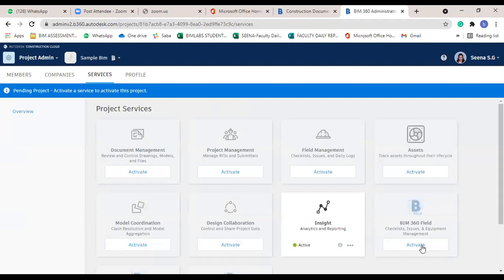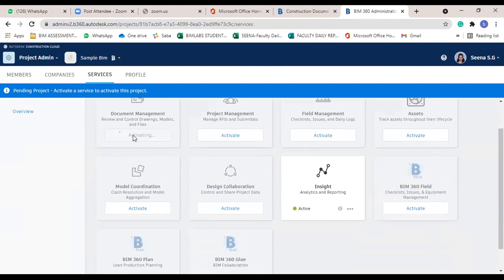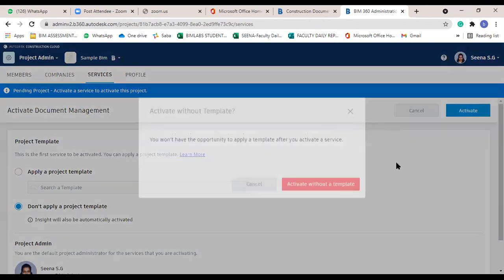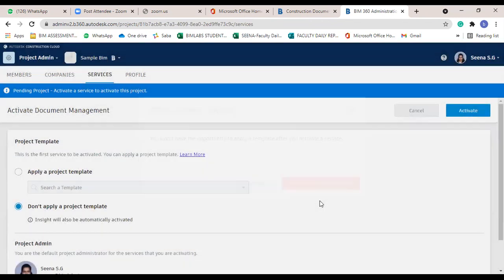After creating the new project, now we are in the project admin category. At this stage, we want to activate project services. So I'm going to activate document management. Do not apply a project template and click on the activate button. Activate without template.